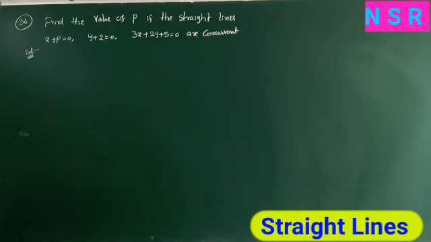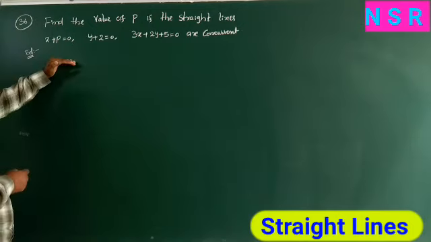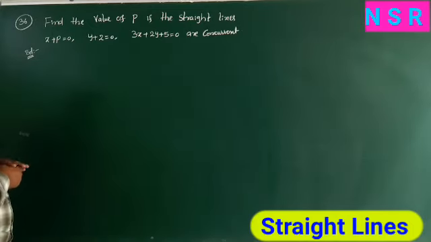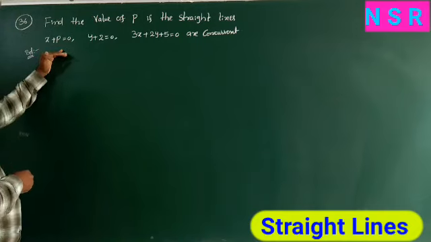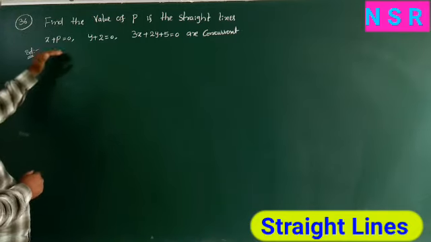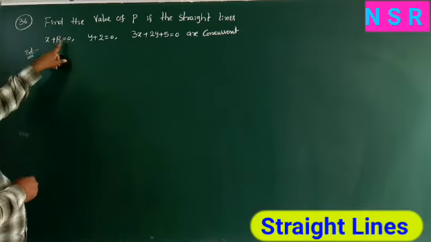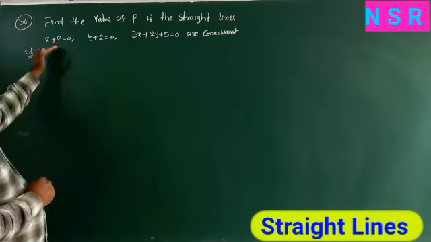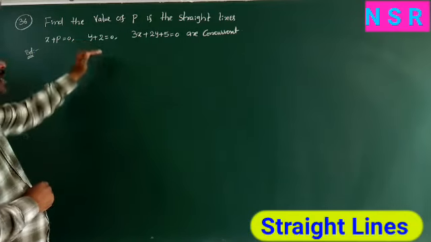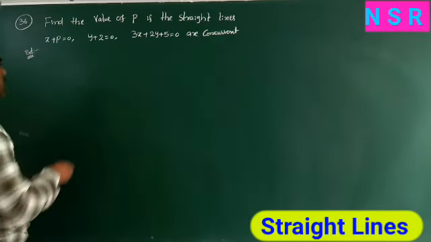So next, question number 36. Find the value of P if the straight lines are concurrent. So here also apply mod A1 B1 C1, A2 B2 C2 and A3 B3 C3 equal to 0, or directly solve the equations and find the value of P. Here given x plus P equal to 0, here y coefficient is 0, in this x coefficient 0. By using first and second equation directly we get x value and P value.